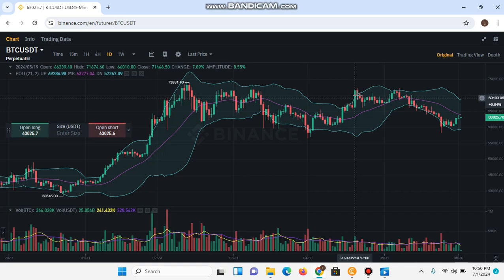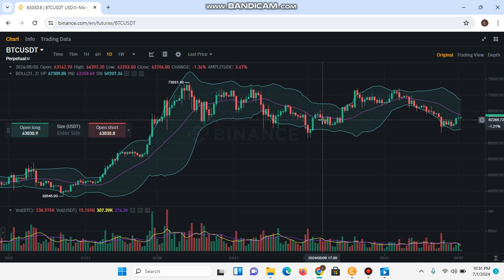And then when it reached there, what happened? It shot out of the upper band. Like I told you, a lot of people sold it here too, and it went down a little bit. When it reached there, what happened again? It shot out of the upper band again, and then it went down. That is what we call Bollinger Bands. When the candle shoots out of the upper band of the Bollinger Band, at that time you have to go for a short trade. And whenever you see the Bollinger Band below the candlesticks,